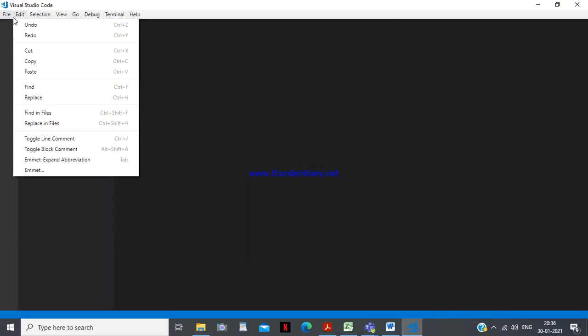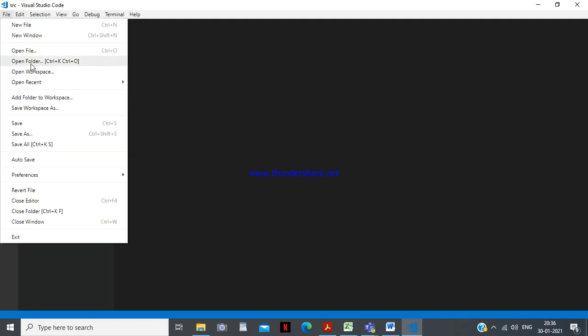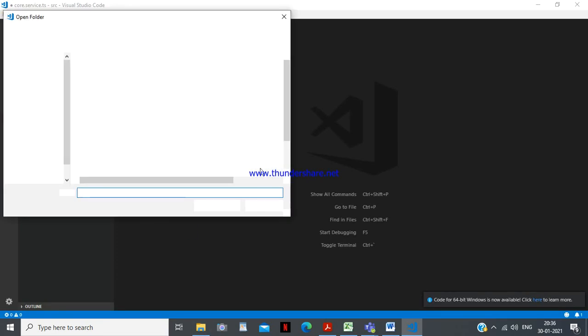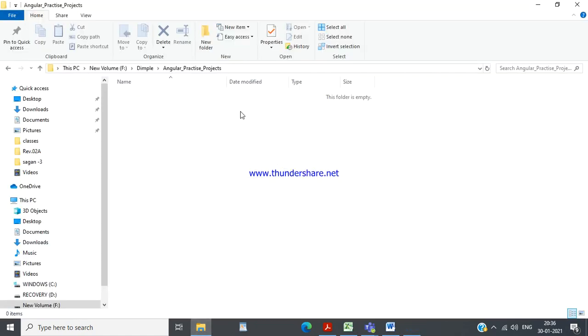So there you just open the folder. Always try to create a folder so that your project is in a separate directory. So I have created one folder.